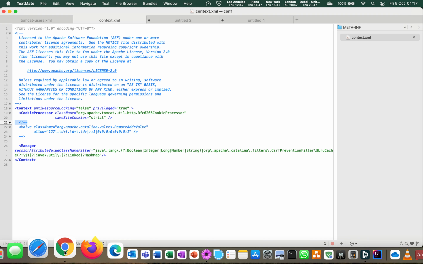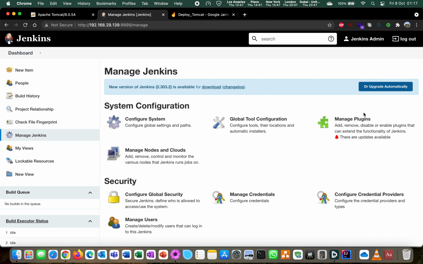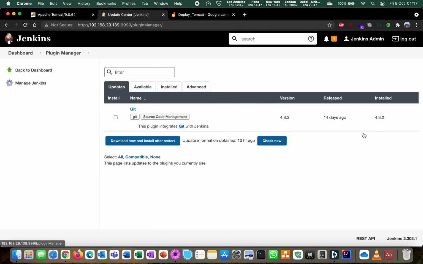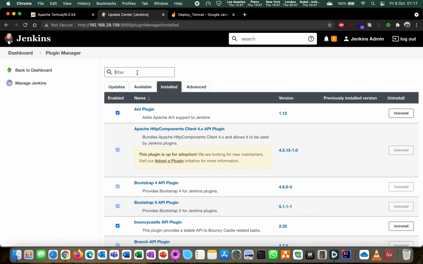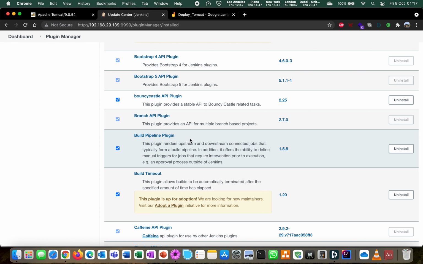Meanwhile, we will add certain plugins into our Jenkins environment through Manage Jenkins, Manage Plugins. We will add two plugins, Deploy to Container and Build Pipeline. In my case, I already have them installed, so they are visible under Installed.